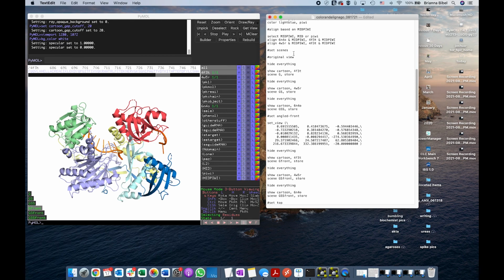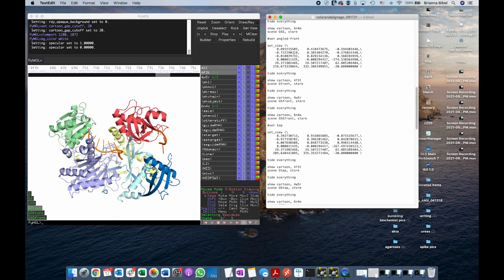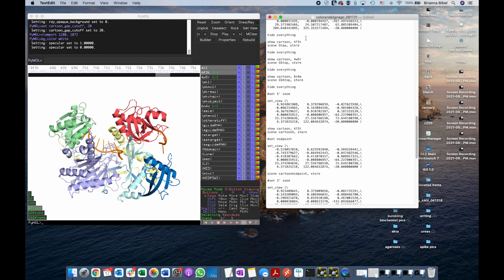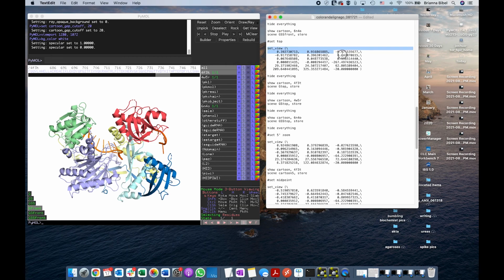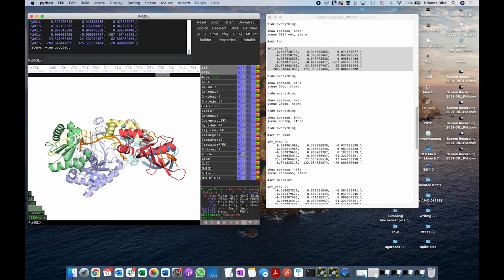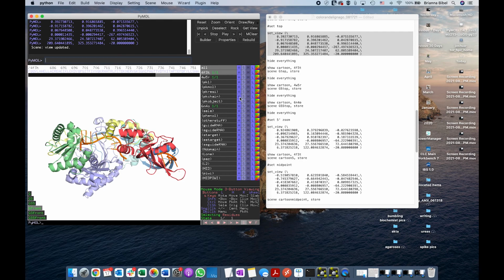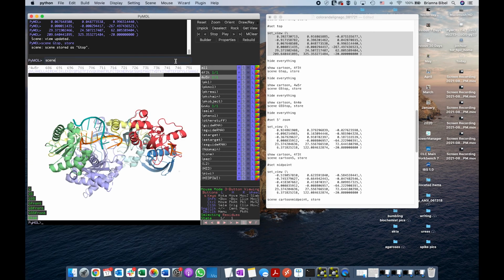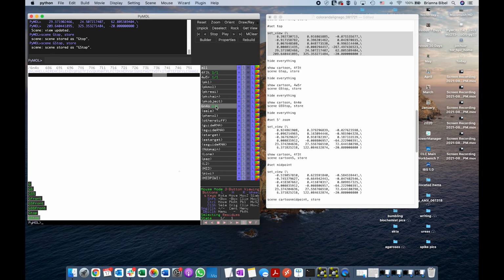Okay, so now we did those two views. Now we're going to get the top view. So I'm going to set this. So I have this top view. And so this is going to be scene G top. I'll store that. And then we'll switch here. Scene GS top. Store, and then